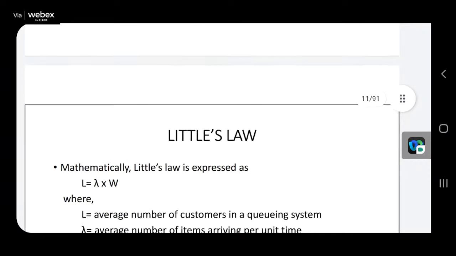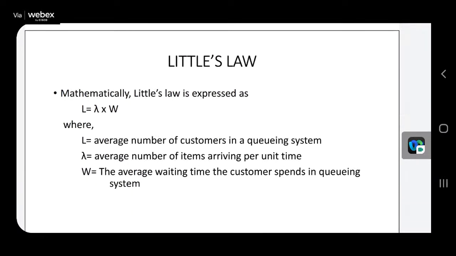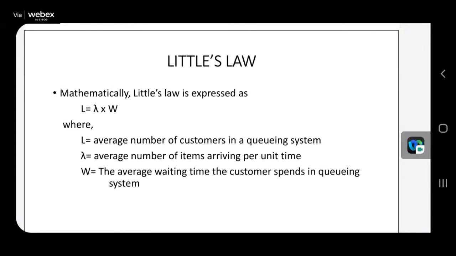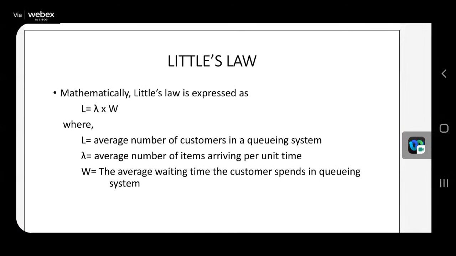Now the major and most important law governing queuing system analysis is Little's law. Little's law states that the average number of items or customers arriving per unit time is nothing but lambda. Now you know the average waiting time that the customer will spend in the queuing system. To explain this easily, I can tell that